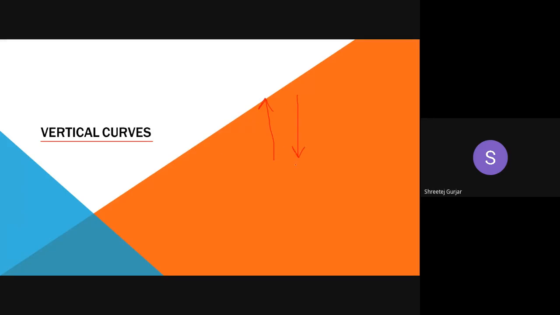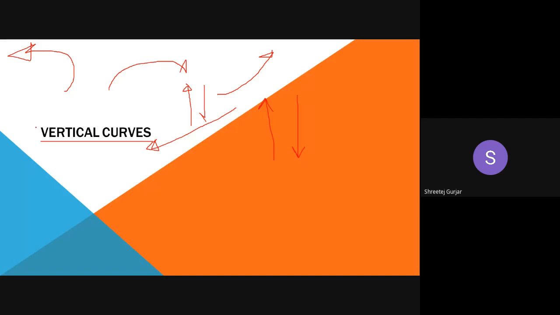Okay, up and down in elevation, and these horizontal curves which we have learned previously will take you either left or right. So horizontal curves change your direction, left to right or by some angle, and these vertical curves change your elevation. They take you up or they take you down, right? Like this, they take you upwards or they might take you downwards. And so they are in the vertical plane.